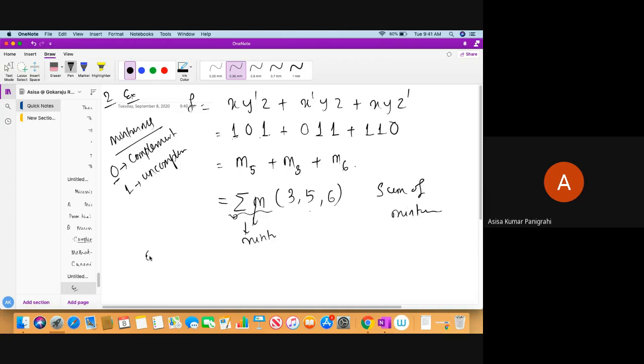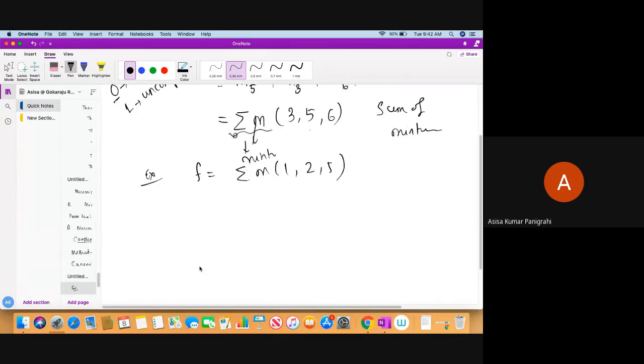So if in the question, let's say, summation of M 1 to 5 is given to you, what you need to do, students? How to express the particular function? Very simple. Just make it like this: M1, M2, and M5. Do you all understand? Summation of M means it would be sum, so it's in the form of sum of min terms. So min terms are given to you. Min terms means small m. M1 means what? 0 0 1. M2 means what? 0 1 0. M5 means what? 1 0 1. Do you all understand?